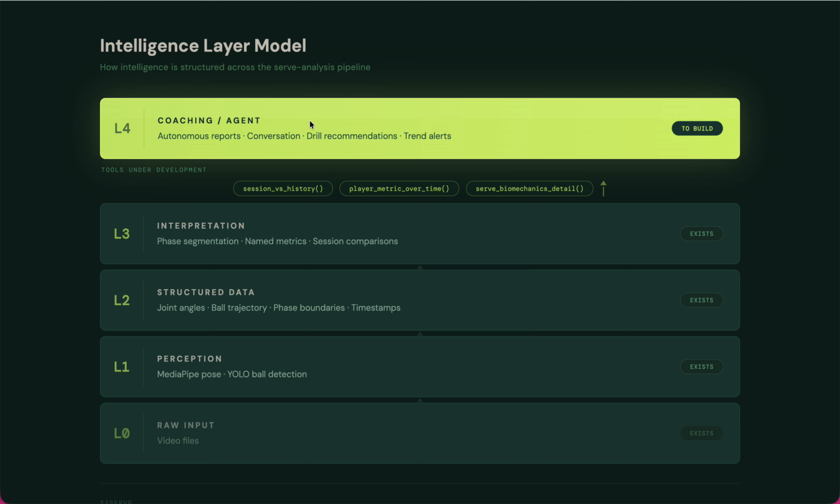I'm gonna have a different video where we go a bit more into some of the experiments we've been doing there. And then what is going to happen is that each of these parts, mostly the structured data and interpretation, because we're never going to read the actual pose detection itself, right? That's not necessary. This is the reason why we have these layers, is that we're going to communicate to this structured data via tool calls. So we're going to develop these tools to figure out what's the session history, what are the player metrics over time.